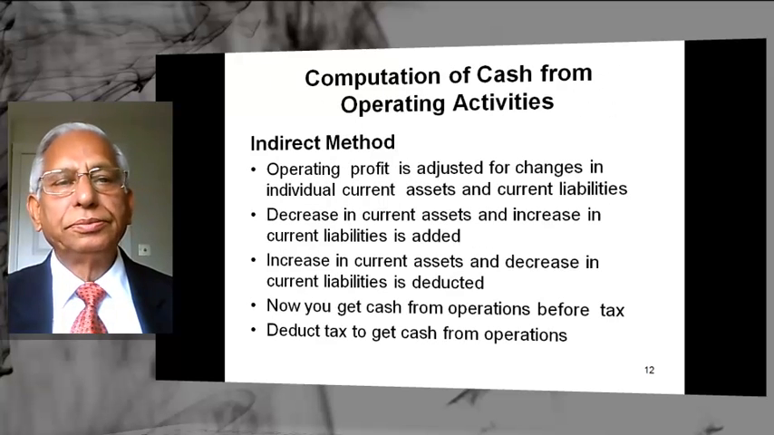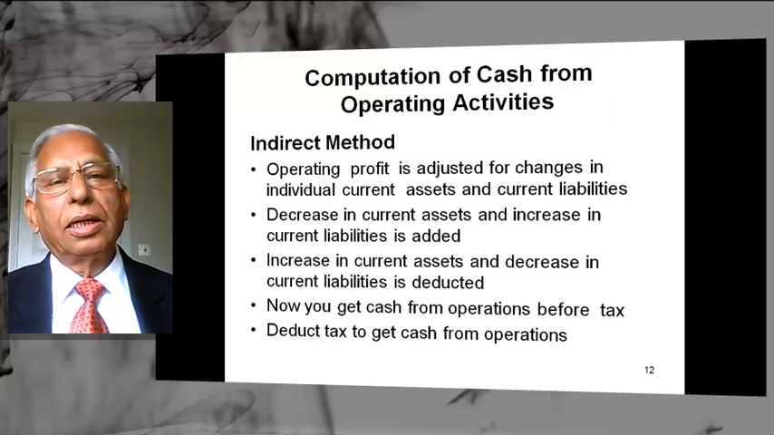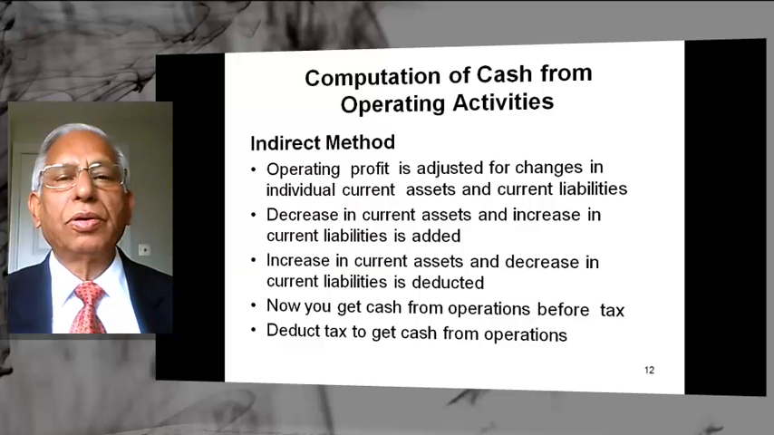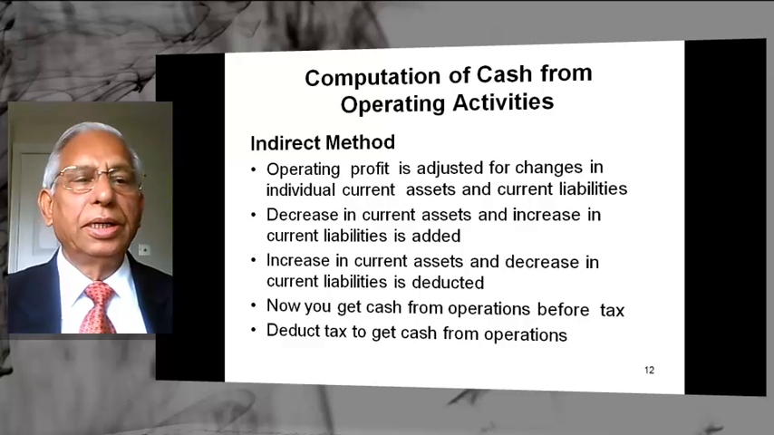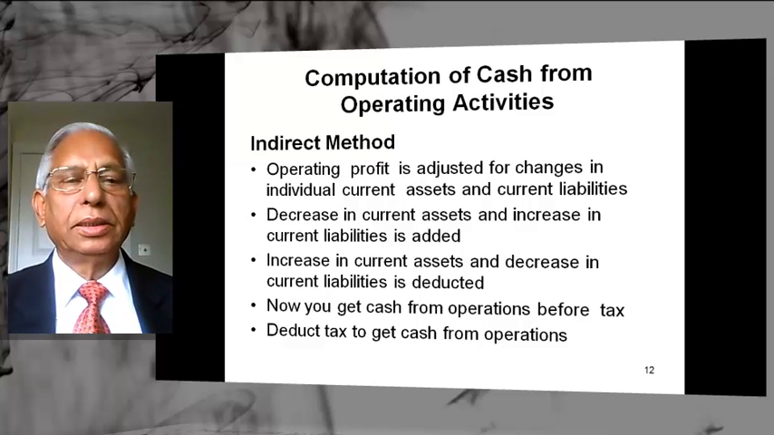Now see the computation of cash from operating activities as was shown in exhibit 2. The same is illustrated or explained here as per the indirect method. Number 1 item is operating profit. It is adjusted for changes in